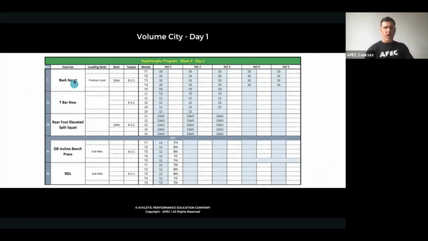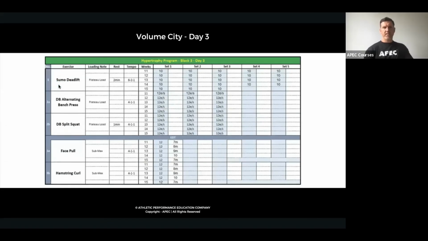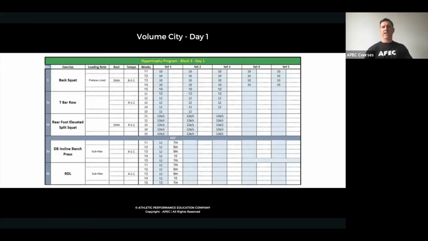So day 1, block 3. Again, not changing the primary lifts, guys. Look, as we can see throughout this block, leg press, sumo deadlift, bench press, back squat, we've kept the same primary lifts all the way through, because like I said, they're so technically hard to perform. We want the guys and girls that we train to be really technically proficient at what they do. What we've changed here, guys,